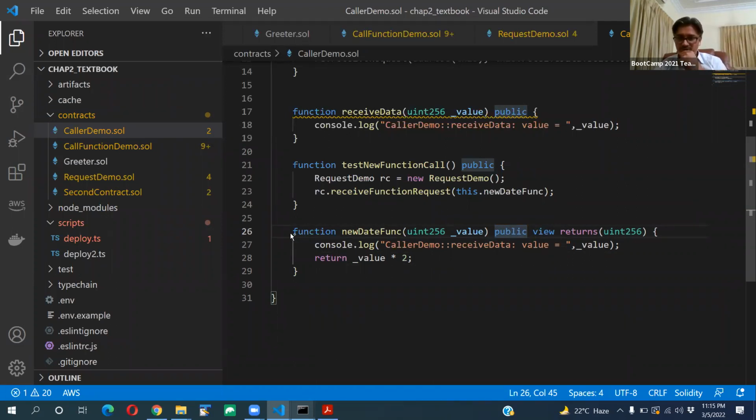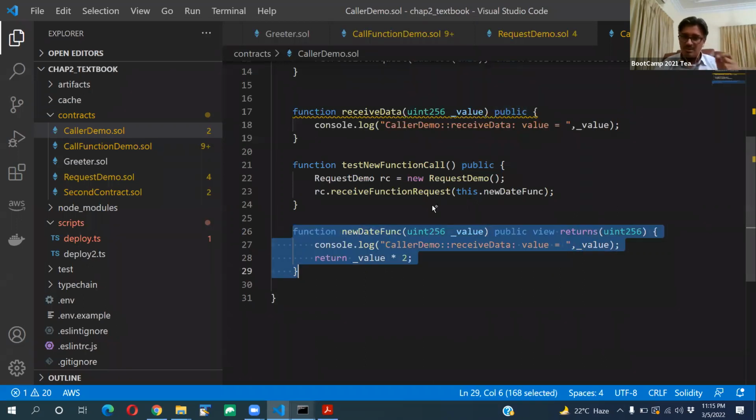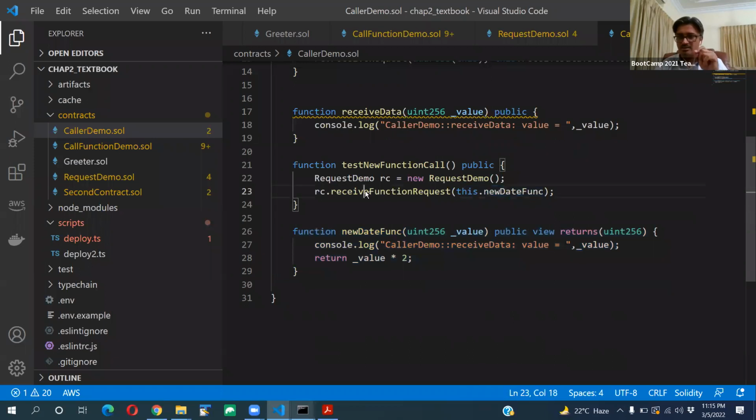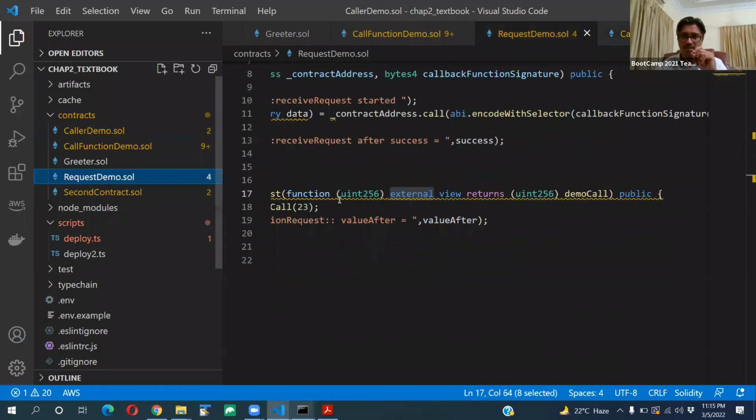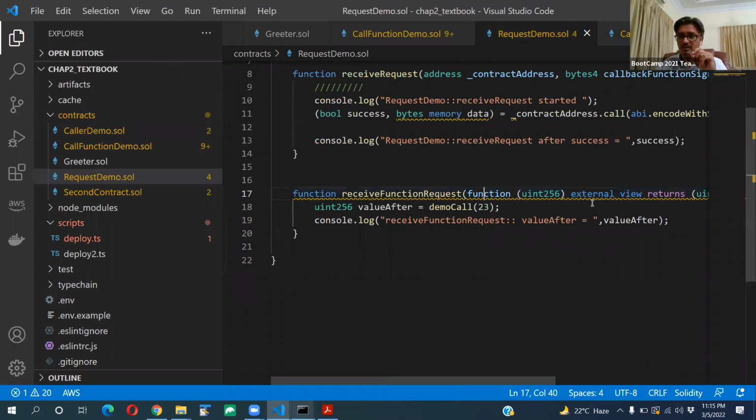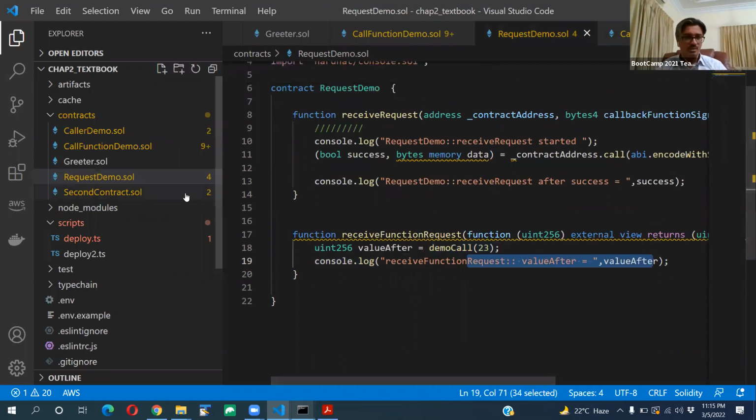Okay, now this is the function which will be passed as a reference into this function, and this receive function will receive it over here. Inside this function we will say demo call. So we are actually passing a function, and it will call this function with whatever value it has. It will work like this. Okay, so now in deploy 2,